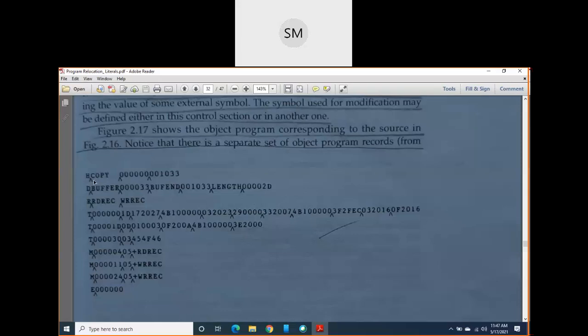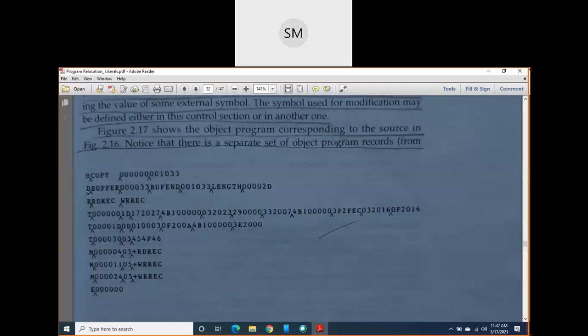Already you know how to write a header record, so I just skip this one because I don't want to explain it once again. Here you should write the starting address of your control section, that is, the COPY control section starts at 0000. Next, this is the ending address of that control section COPY.